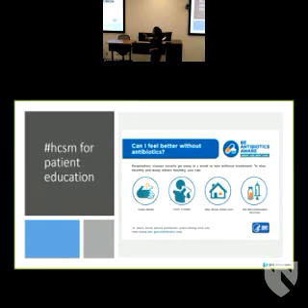Okay. So, using healthcare social media for patient education. I put this up here as an example of an infographic. This infographic came from the CDC's Be Antibiotics Aware, Antibiotic Awareness Week campaign, to help people recognize why we need to take care and protect our antibiotics. This is a great example because it is very clean. It shows exactly what they would like to communicate with both words and pictures, so that people who can read and people who can't read can both access this graphic and understand the point that you're trying to make.